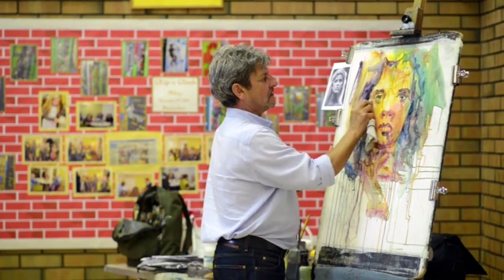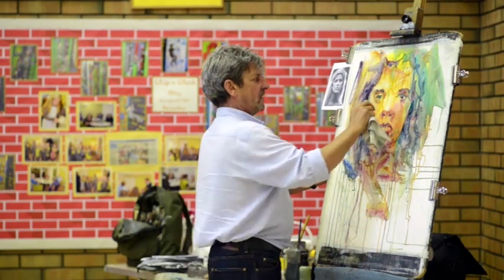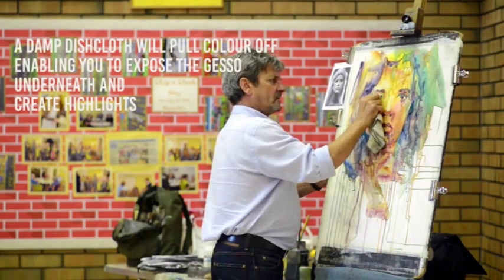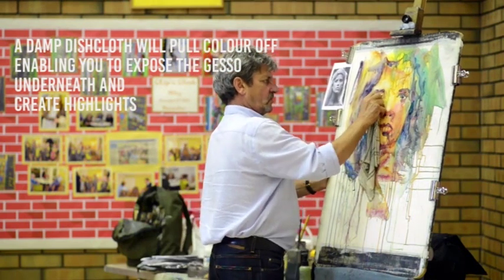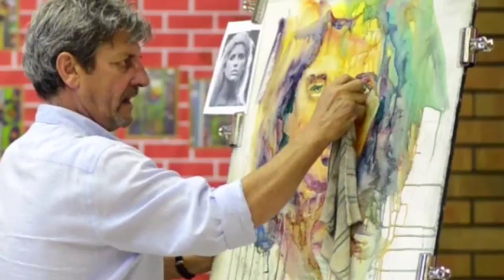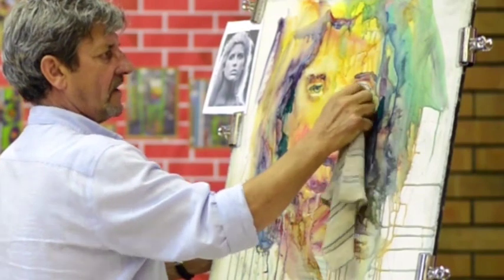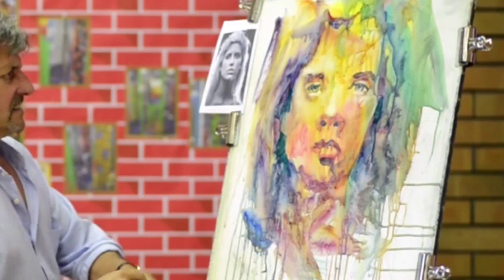So I'm looking at the structure of the face. Like I said earlier, the light catches everybody's face, especially if it's coming from above, in the same place. You can blend things. The bottom eyelid is going to catch the light. Even though there's not much on the picture, I can take some light off in the eye, and give it some coloured eye later. Nothing too fussy though. The top eyelid is quite dark, but I'm just putting this in first,